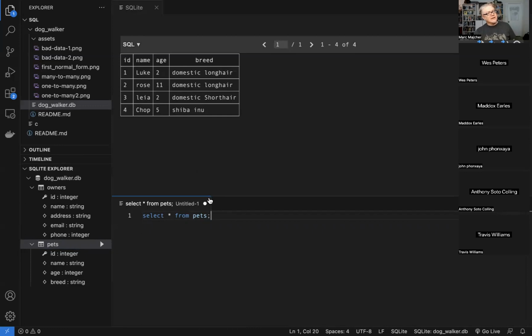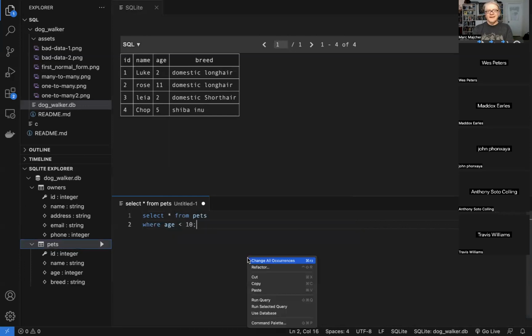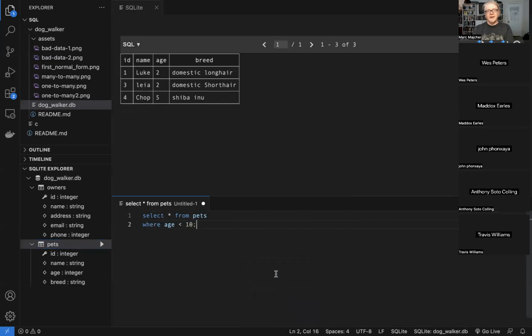We can also do numeric stuff. We can say select from pets where the age is less than 10. And that should just give us the other 3. Great. We can do that. Yeah, that's most of what we want to do with basic gets.